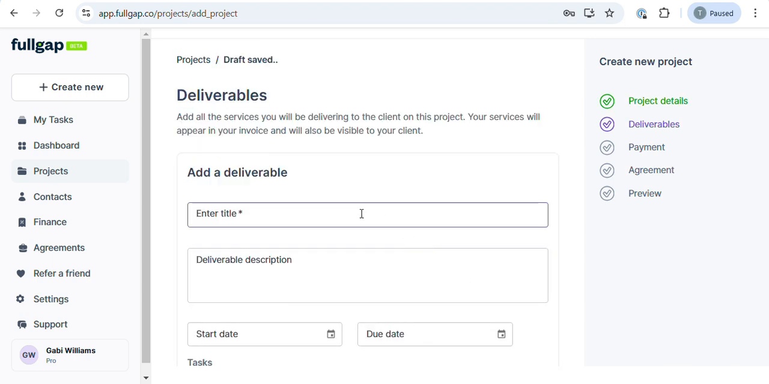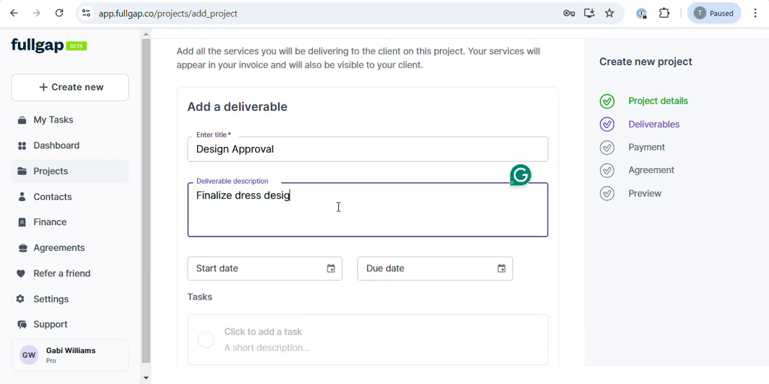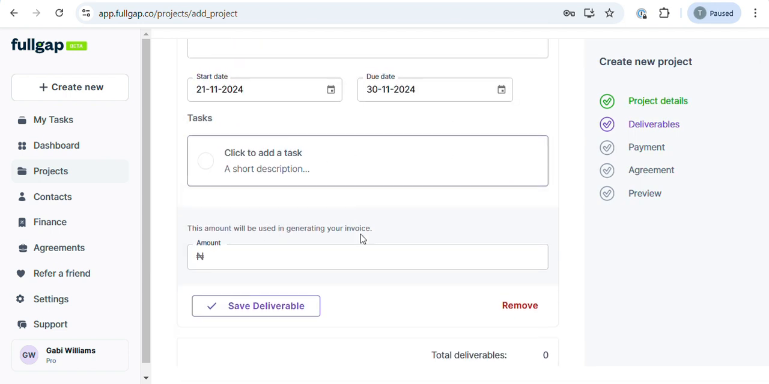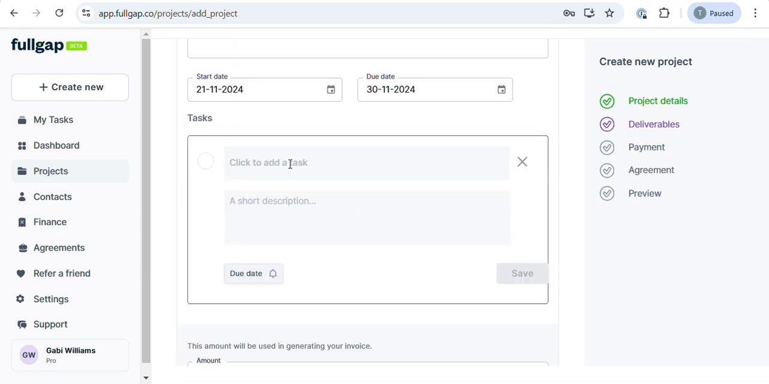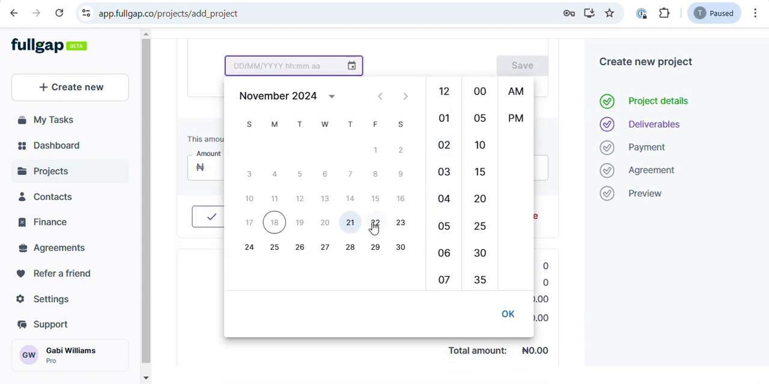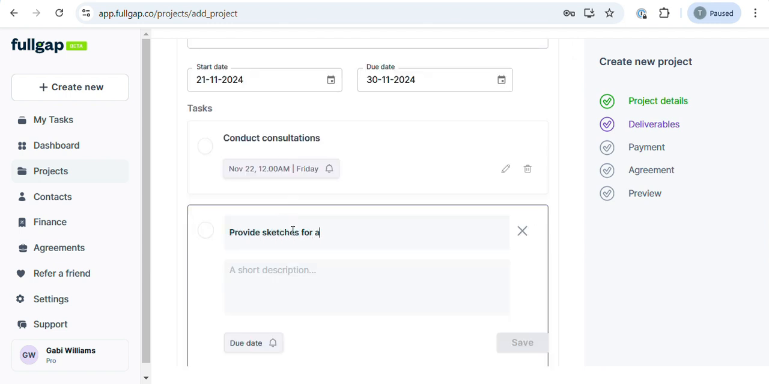After selecting your client and currency, you can then go ahead to break your project down into deliverables and then further into tasks. You can set due dates for your deliverables and also for each of your tasks. This not only makes it easier for you to go through your project step by step, it also makes it easier for your client as well,